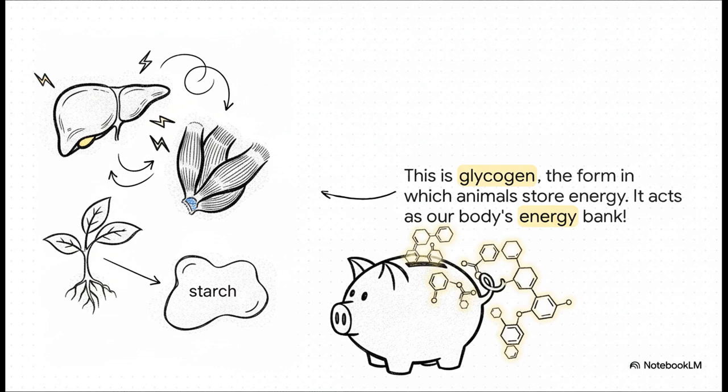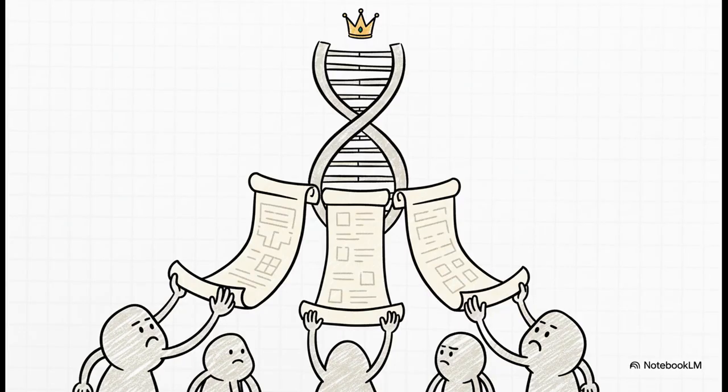And we store it right in our liver and muscles, so it's ready for when we need a quick burst of energy, for running or for studying for that exam. Next up, we have the boss of the cell, the nucleic acids. We're talking about DNA and RNA. Now, these guys are not the workers. Oh no, they are the master blueprint, the secret recipe book that has all the instructions for everything the cell